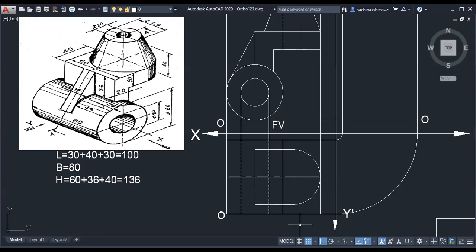Now, whatever cylinder we have drawn earlier, that cylinder is going below this part. Has the cylinder gone below this part? Some part of that cylinder, not all again, is going below this.